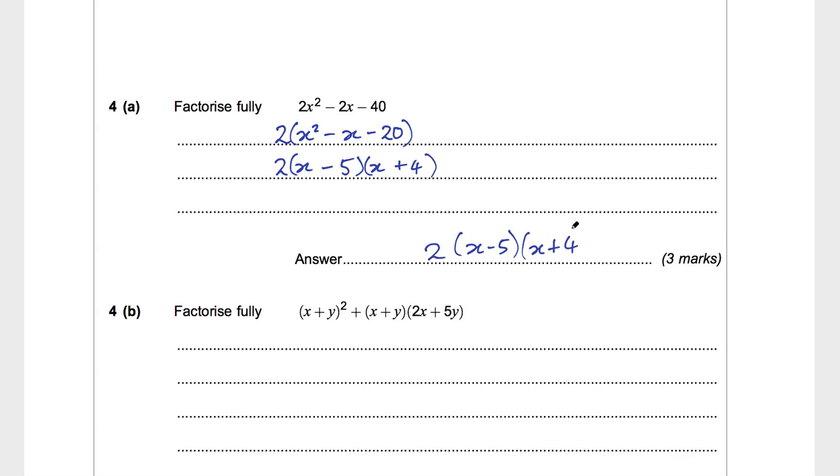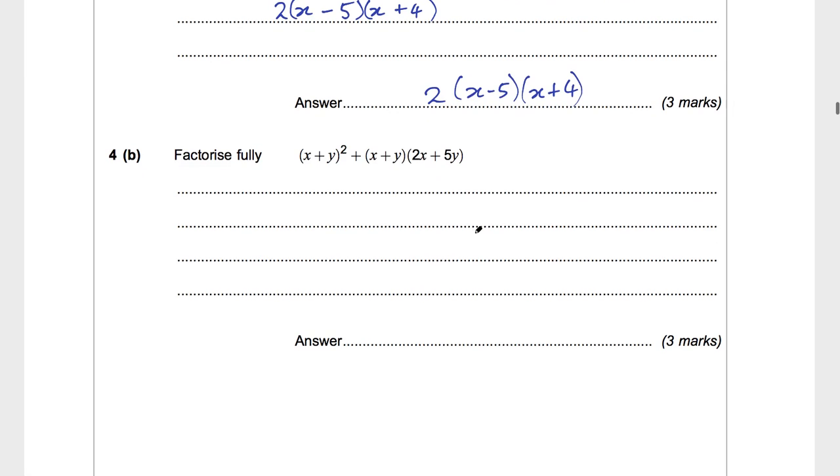If you didn't factorize the 2 first, you could put those into 2 brackets, but it's not fully factorized until you take the 2 out of the front, so you have to do that at some point anyway. This next one's more complicated looking because it looks like you have to expand the brackets first,